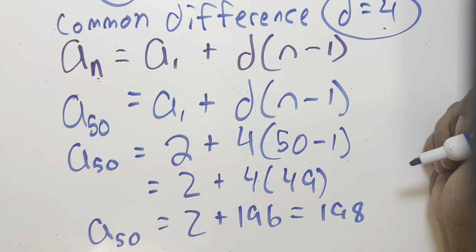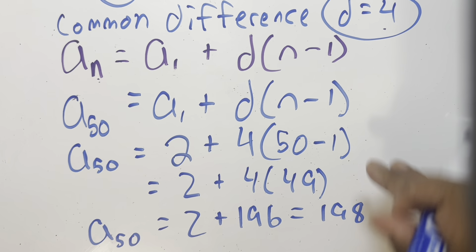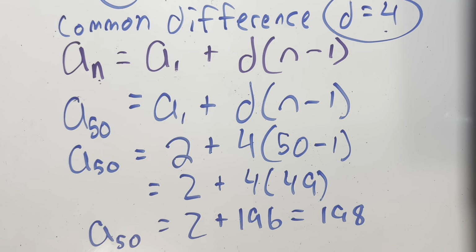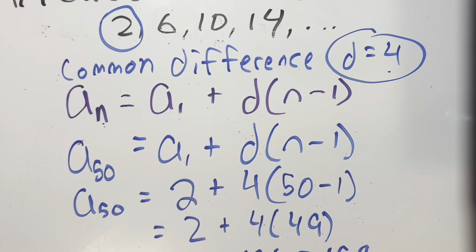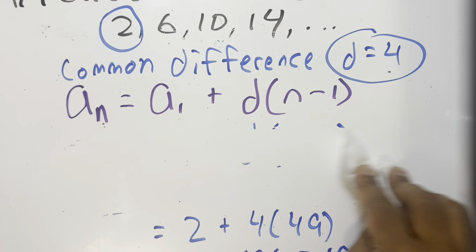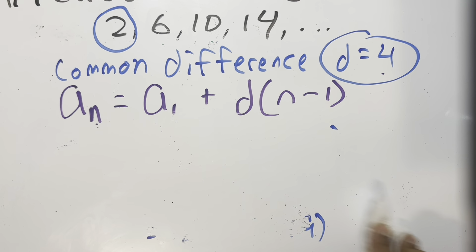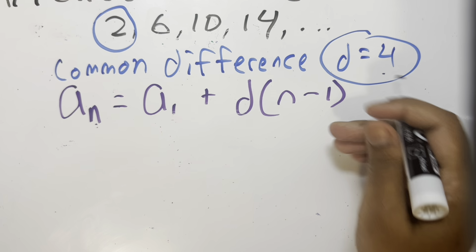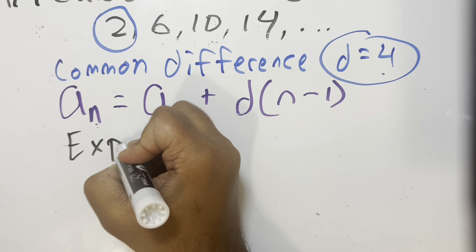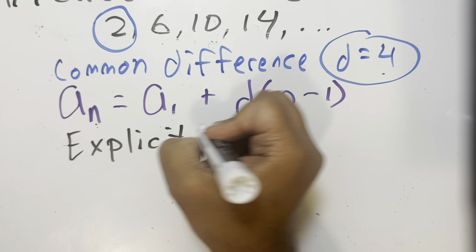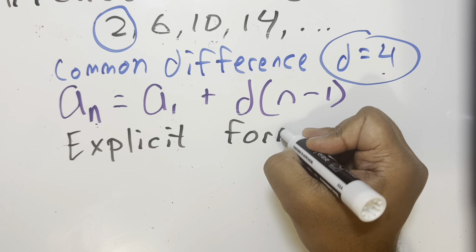So that's how you can find any term using this formula. All right, now the way we describe this is that this is called the explicit formula. This general way to find any term we call the explicit formula. The explicit formula just says